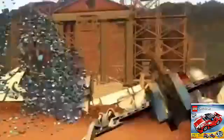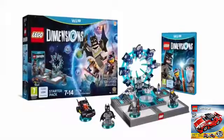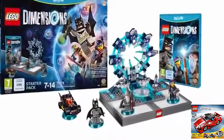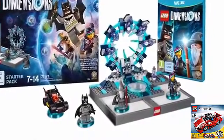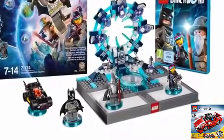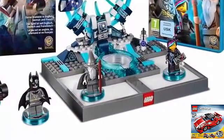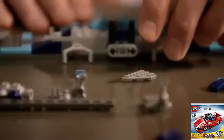Now, as you've probably seen, this is another Toys to Life experience, but it's got one big difference. The toys in Lego Dimensions are much more toy-like, much more actual toys than the plastic figurines you get in the likes of Skylanders, Disney Infinity, and even maybe Amiibo. These are proper toys, the sorts of things you'd be playing with anyway,